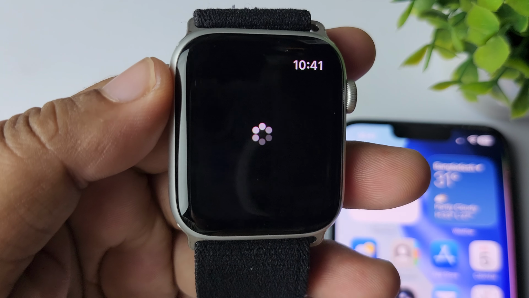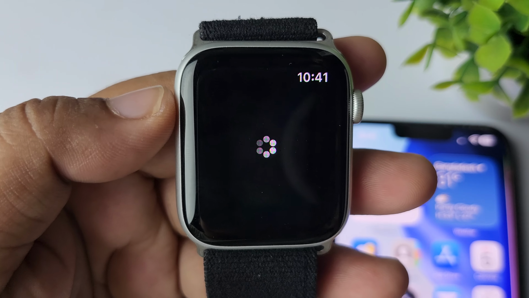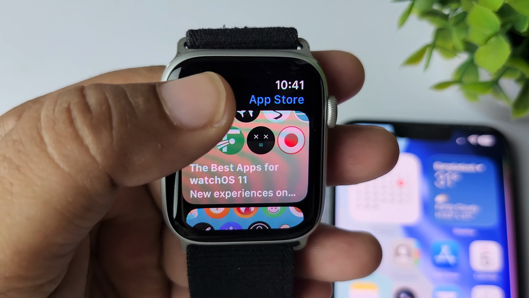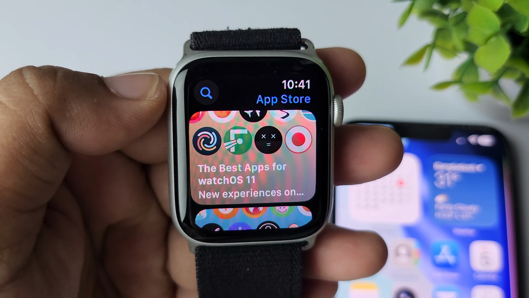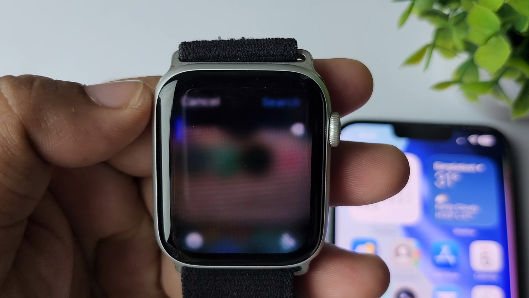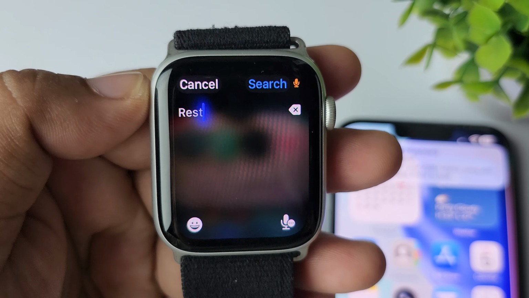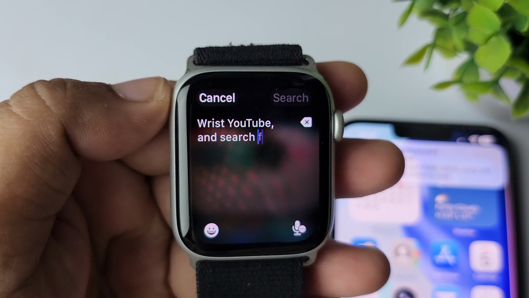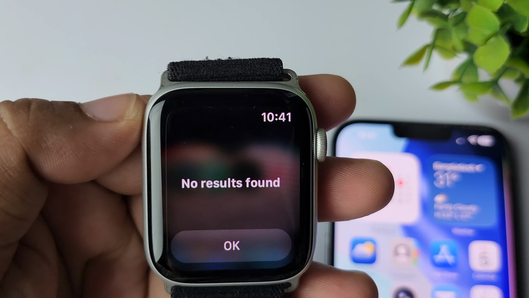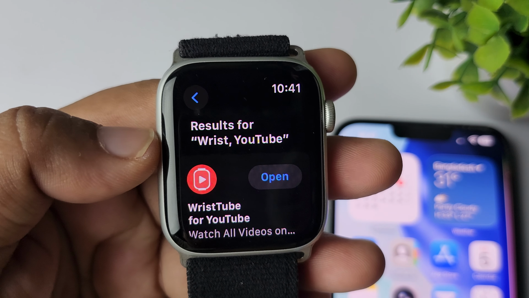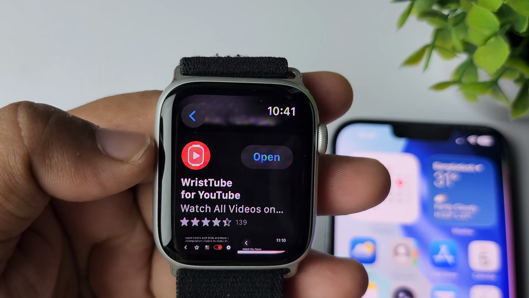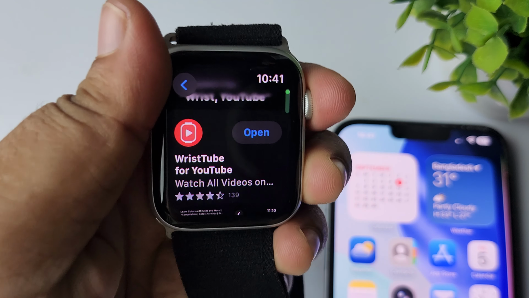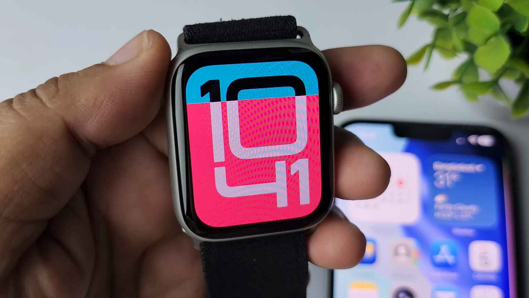Tap on the search icon and search for WristTube. As a search result here, you will find the WristTube for YouTube app. Just install this app on your watch, and then whenever you want to use YouTube from your watch, press the